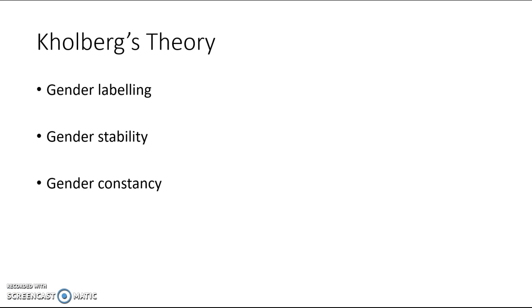So Kohlberg's theory is another cognitive theory of gender development, which looks at 3 stages. Kohlberg uses some of the work of Piaget, so it's dealing with stage theory. He identifies that at stage 1 you have gender labelling, which occurs between the age of 2 and 3, and at this point children label themselves as either boy or girl, or male or female, and this is based on outward appearance only. So you can look at that person's wearing this, so that makes them a boy, that person's wearing this and that makes them a girl. And this is linked to the stage by Piaget in the pre-operational stage. It's not internally something that's consistent, but outwardly it's something that we consider as consistent.